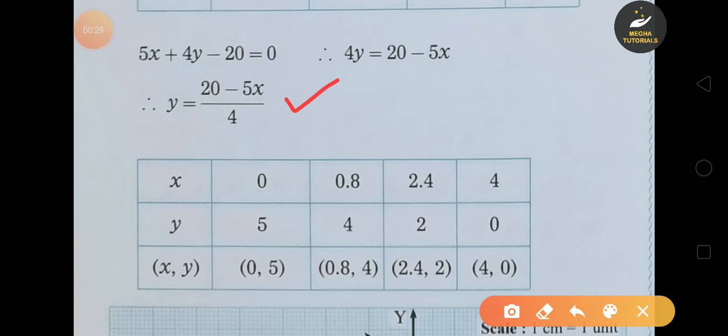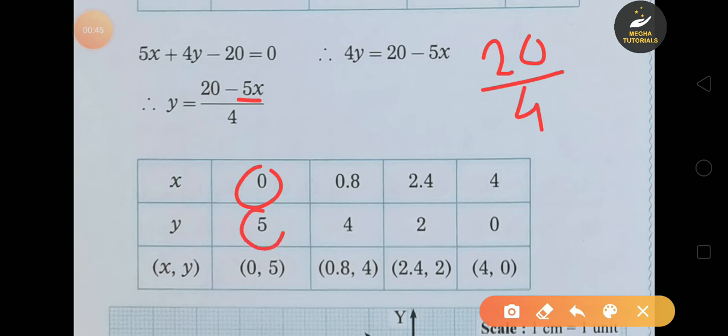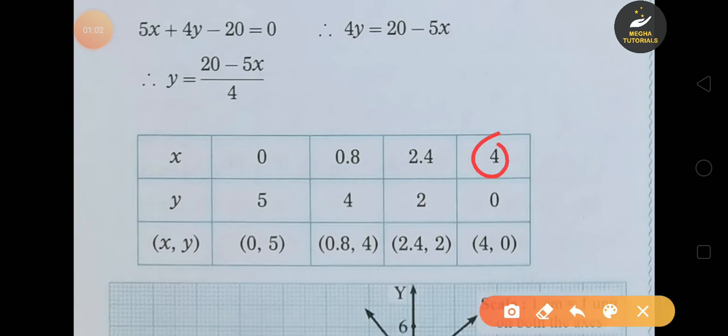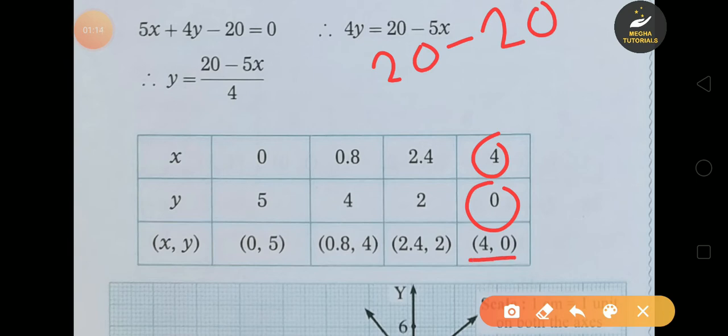Now check denominator is 4. It means आपका numerator में जो values आएंगे वो it should be divisible by 4. Okay. So first let us assume x is equal to 0. So 5 into x, that is 5 into 0, 0. So 20 minus 0 is 20 and 20 upon 4 is 5. Therefore y is equal to 5 and first pair is 0, 5. Okay. Now we will see another values in this case. Okay. So next we are assuming x is equal to 4. So 5 4s are 20. So 20 minus 20 is 0 and 0 upon 4 is 0. Therefore 4, 0 is the next ordered pair.